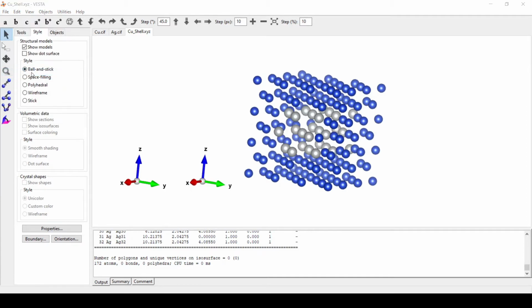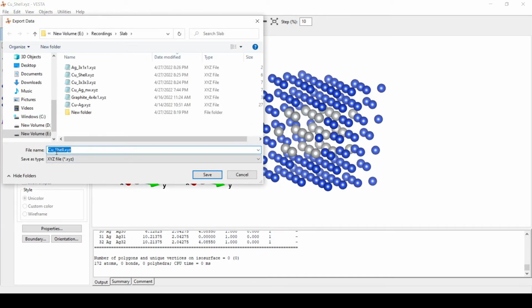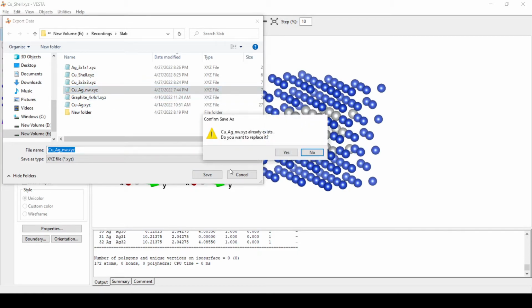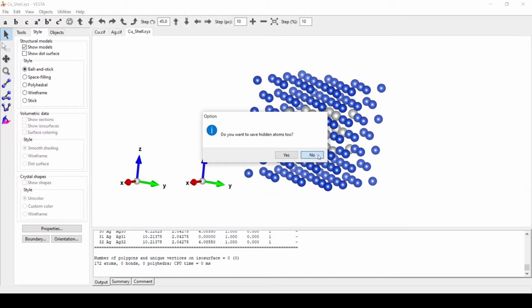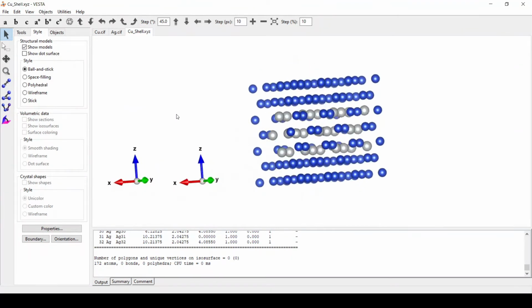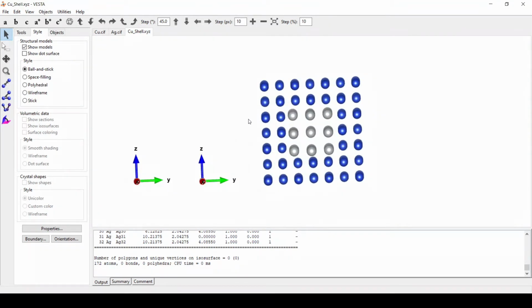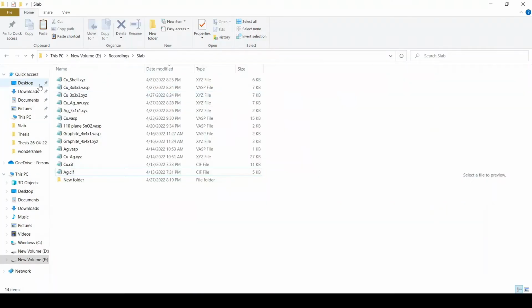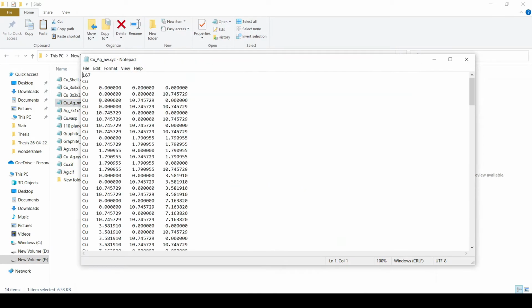So for this file, Export Data, CuAg Nanowire XYZ. Now we will open the file that we have. This is the CuAg Nanowire XYZ. Total 167 atoms. We will copy all these atoms